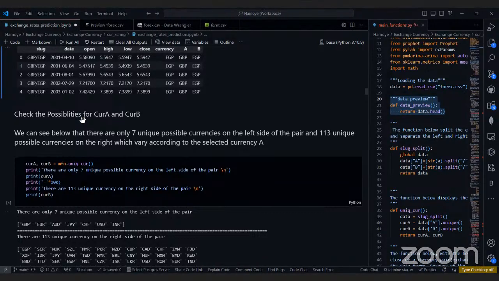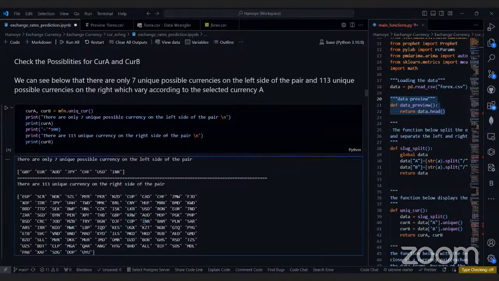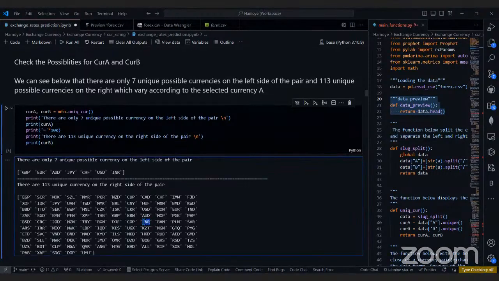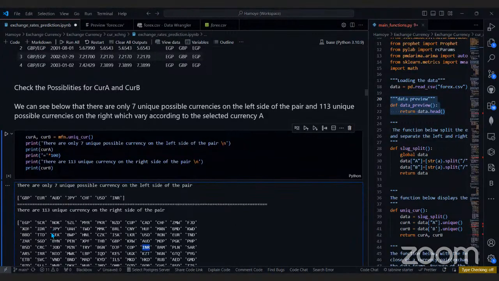No, we don't. I don't know if you understand what I mean. So here we have British pound compared to Egyptian pound. So I'm saying because we have Egyptian pound here and at some point we have Indian rupee, it doesn't mean that because there is Egyptian pound that there is also Egyptian pound compared to other currencies. No, it's not like that.